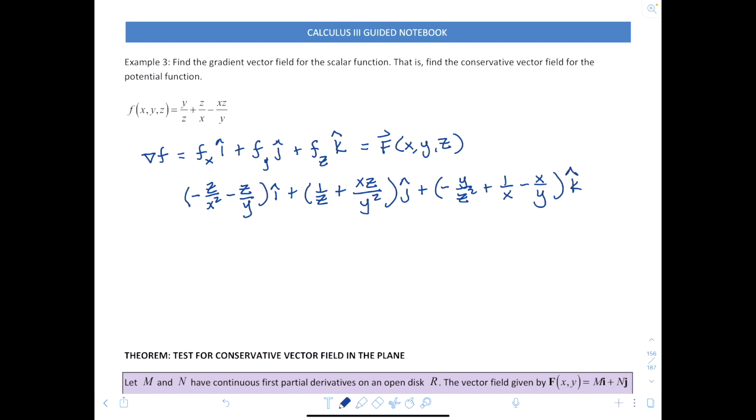And that is our vector field, our conservative vector field for the potential function. So f of x, y, and z equals